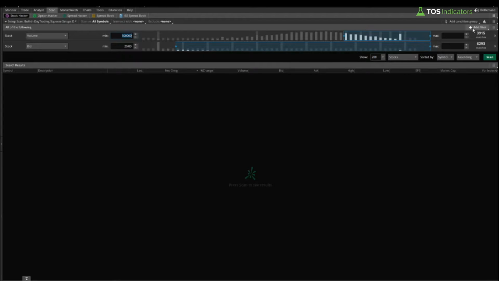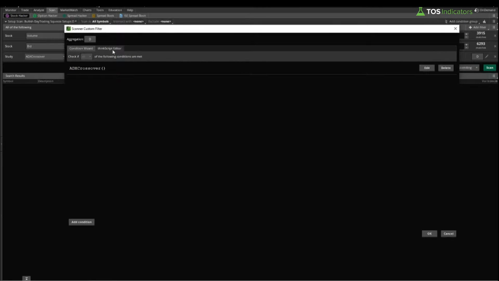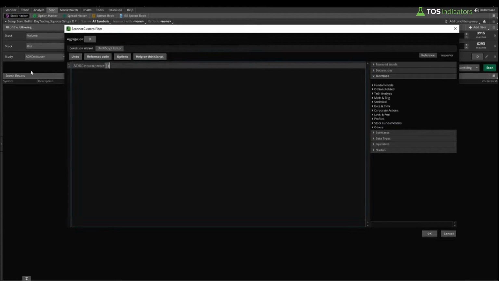Now let's go ahead and add in a filter here. Let's start by first creating a custom study filter. And in this one, what we'd like to do is create some code that allows us to scan for something that's near all-time highs. Now, if you've seen one of the previous videos, we had coded this up before, but we're going to do something similar in this video. In the scan criteria, let's click ThinkScript Editor, and here we can delete the ADX crossover and start by writing